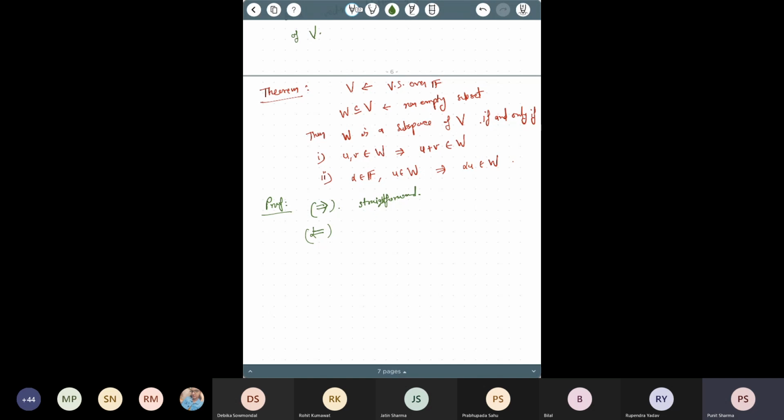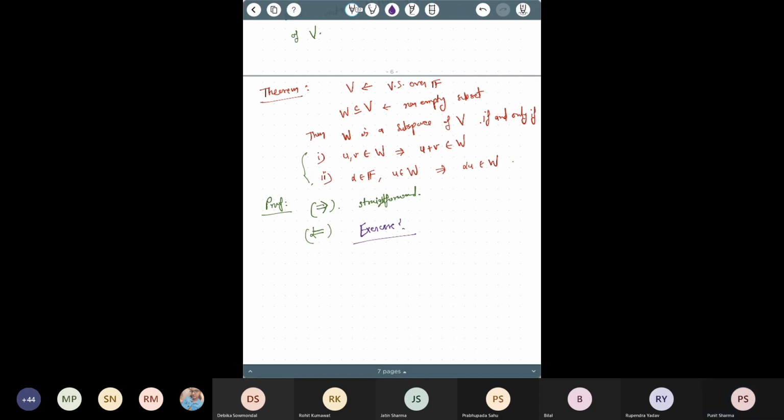You only need to check two things. Can you tell me what are these two things? Identity and inverse: additive identity and additive inverse for every element. But this you can verify using these two properties. So I leave this as an exercise, you finish this problem. Write it properly and convince yourself that these two conditions are enough to check whether W is a